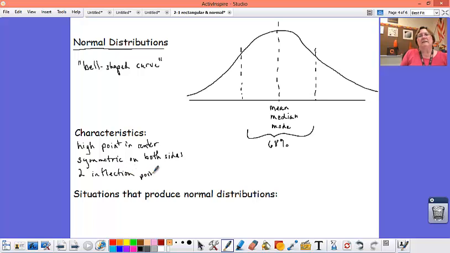It's not hard to think about things that are like this, where most of the data, or I think most of the people, are around the middle. There are a few at the low end and a few at the high end, but the majority of things right around the middle. Situations that do that, you guys, almost anything that you measure, anything that can be measured just about,